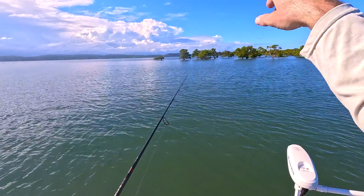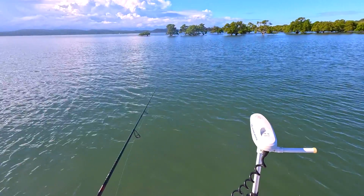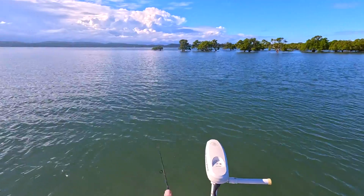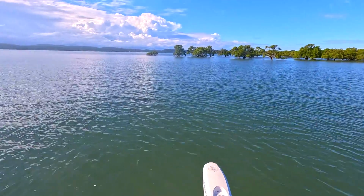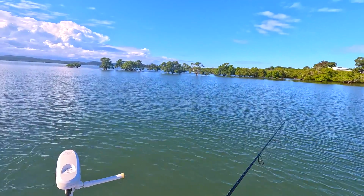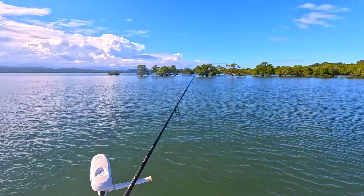Those fish are wanting to get up in there, but it's about finding that happy medium of where they are before they get up and in there. Sometimes as the tide's rising pretty quickly, you can just lose them and they go, but you can't necessarily get in there quite yet. So